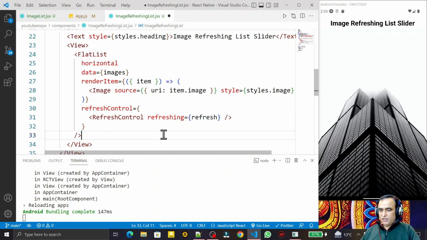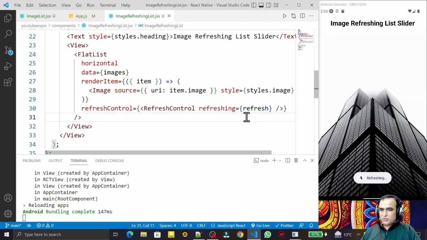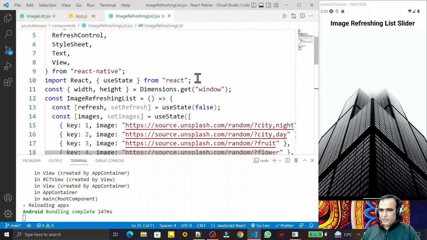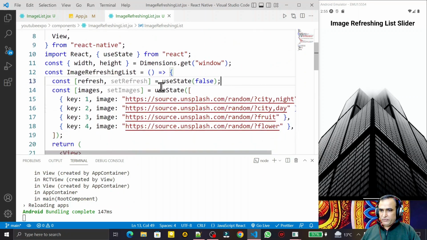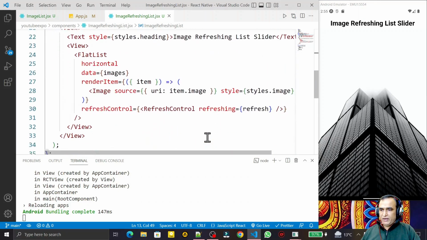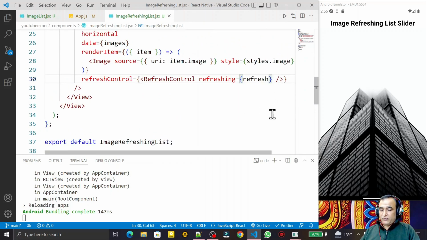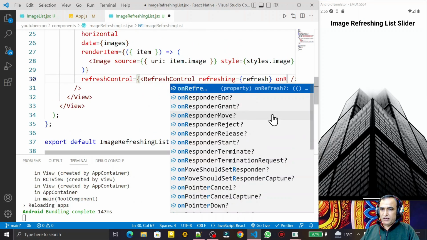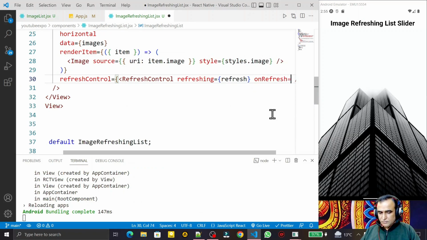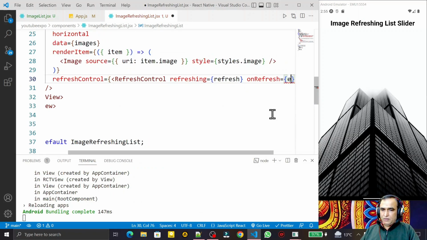If this is true, then it will refresh. If this parameter is on, then it will refresh the screen and add a new item in the refresh function. So the refresh function I take here on the onRefresh event, and here I pass